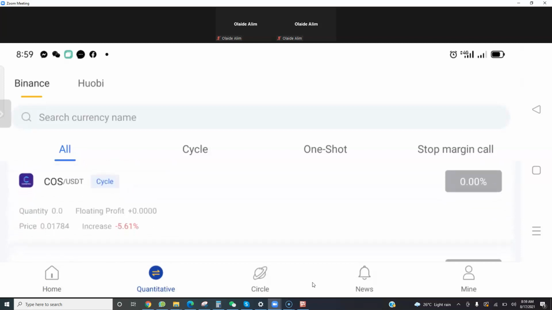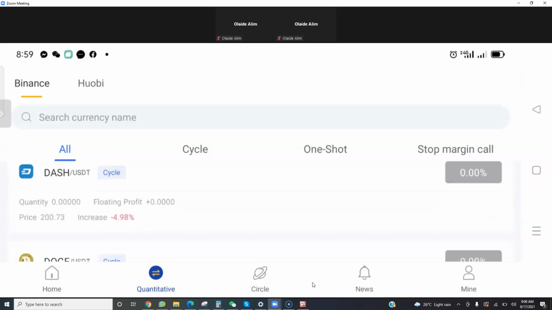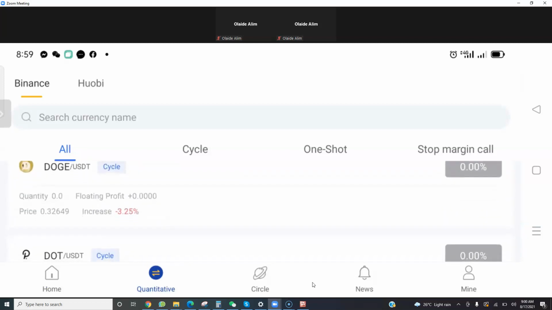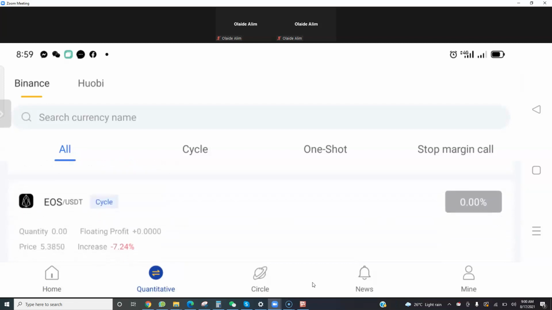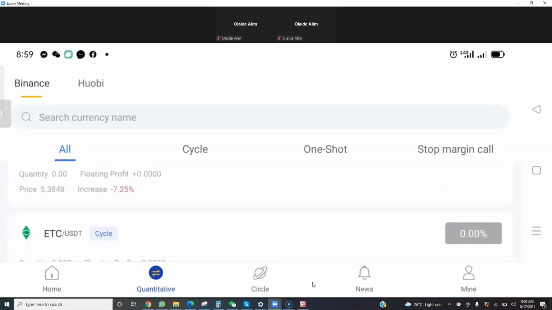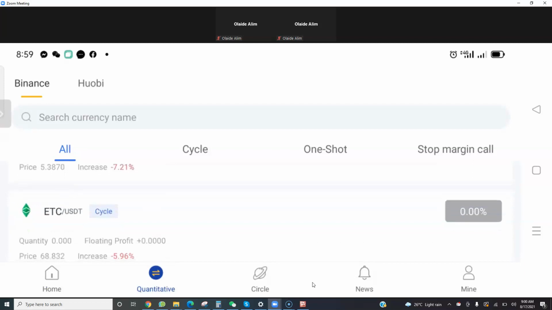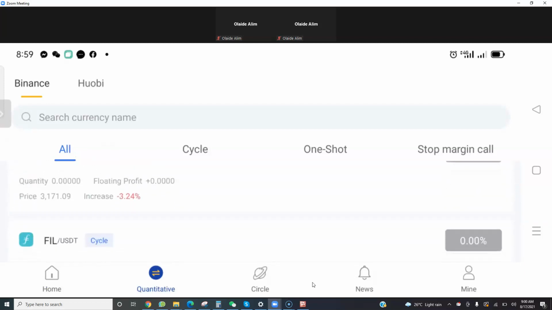It is not all the coins that are here. You can't find all the coins here. They select based on people's recommendations that all these coins will do fine, and they have volume. Volume means people that are trading with this coin within 24 hours.